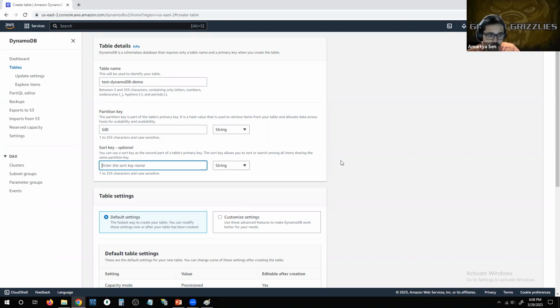But just for the purpose of demo and for the sake of discussion, let us just say that we put something along the lines of first name, right? This is just for the sake of discussion. This is not about the strictness of actual database concepts. As long as you understand why this thing is present, this is what I'm trying to get at. So try to understand the purpose of this key rather than the actual key that I'm specifying here for demo